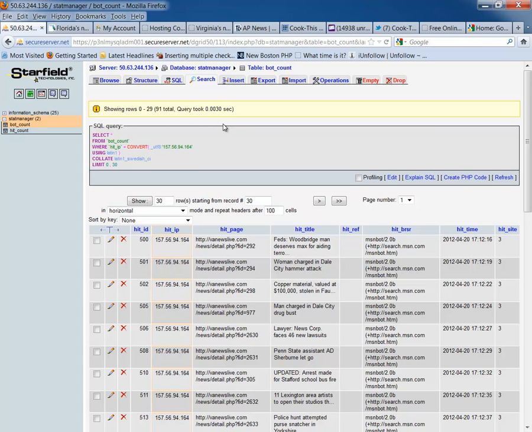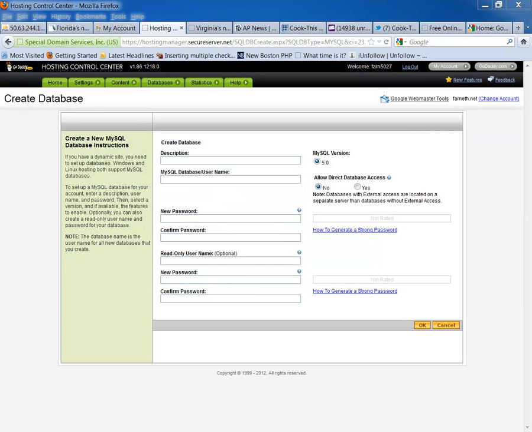So the first thing you're going to need is a database to do this in. And if you're on GoDaddy, you have some options. So I'm going to pause here and get into my GoDaddy. I'll be right back. Okay, I'm in my GoDaddy account now, and I've navigated through to create a